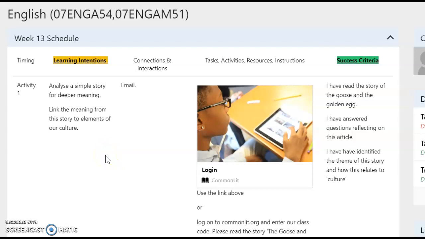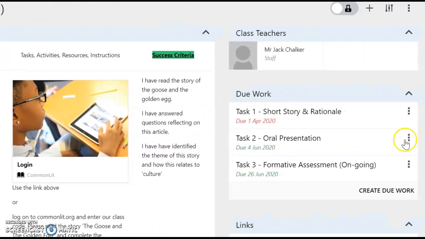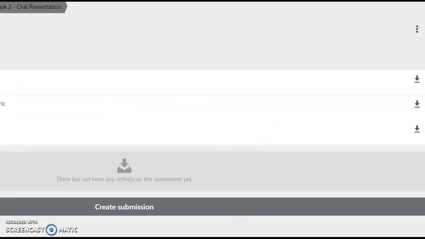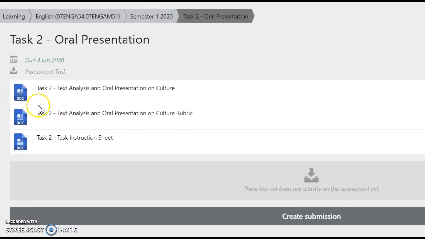So I'm just on our Darrenet homepage here. You can see our schedule for week 13 up the top. Just over to the right of the page, we have already done the short story and rationale, and now we're moving on to task 2, our oral presentation. So if we just click onto that, it will take us to a new page, and you'll see 3 documents there. Okay, the 3 documents are the actual task sheet, and then the task instruction sheet are the ones that you want to have a look at first, and then this here, the